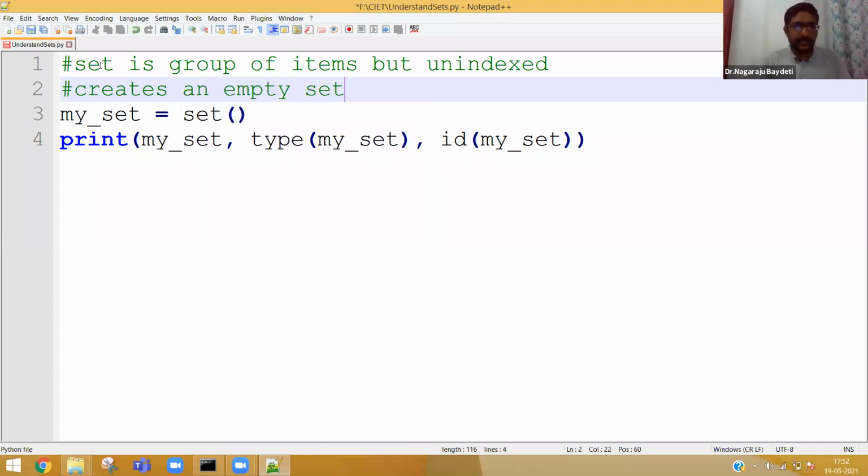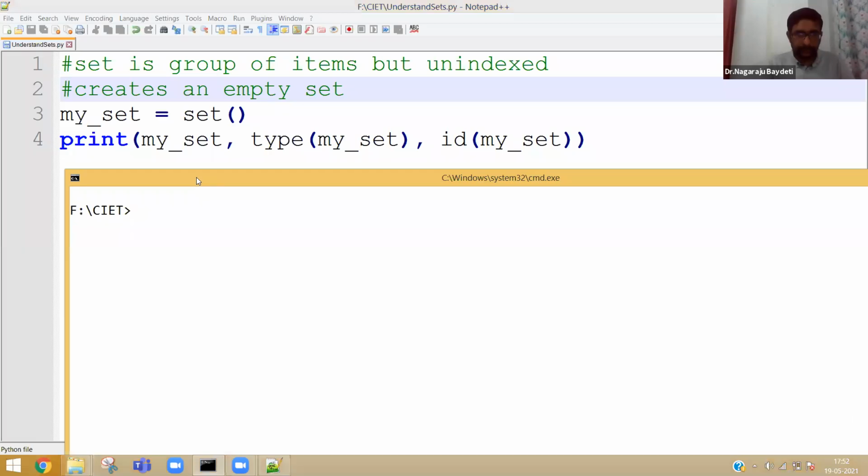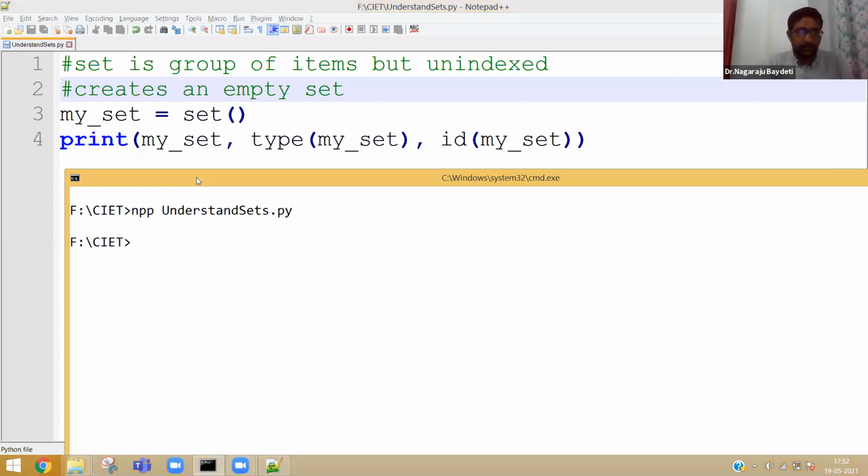Creates an empty set. There are two ways to define an empty set. Okay. One is by using the method set. Oh, I have to execute Python understand sets.py.